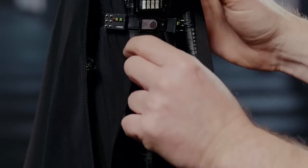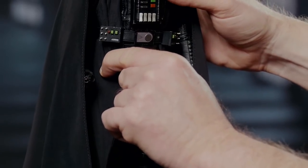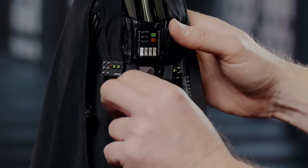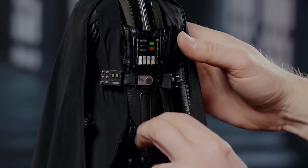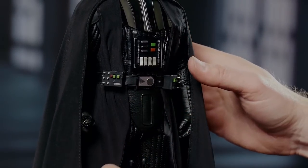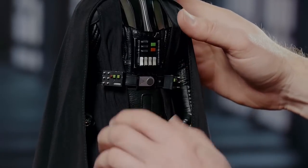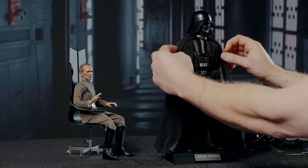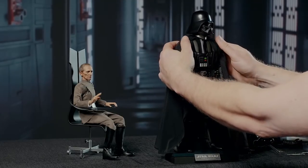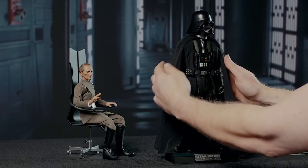Now see how this is a little bit off center here? I think that might have something to do with the twist of the torso that I gave Vader. So you'll have to compensate. Try to keep the distance between this middle rectangle here and the two tabards equal, or as close to equal as you can. Vader's cape in Episode 4 and his tabards combined to actually not show the pauldrons on his armor so much. So I think in this case,